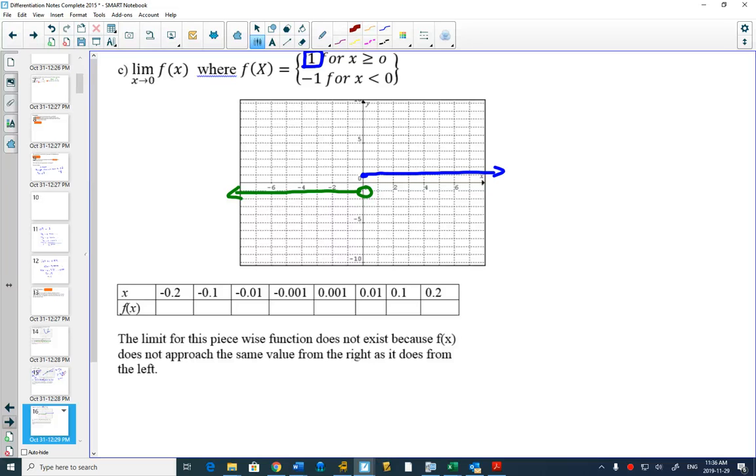And now the question is, what happens as x gets close to 0? What's the value of this function? And this is where things get a little bit interesting, because when x is 0, what is this function equal to? +1. So sometimes students are tempted to say the limit as x goes to 0, because I can plug it in, should be +1. But in this case,